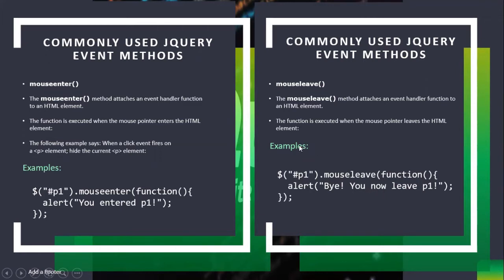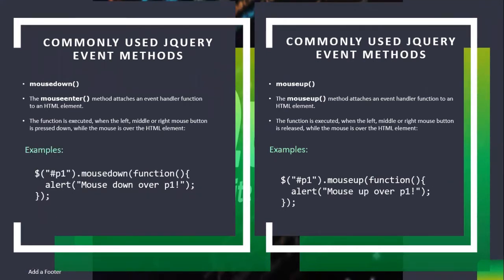So when we enter this color, in this example, with our mouse, and then we leave, it means it will show an alert saying "you now leave P1". So the next one is